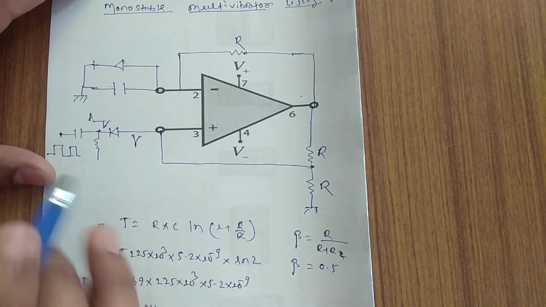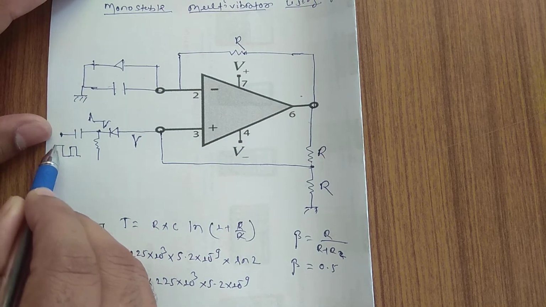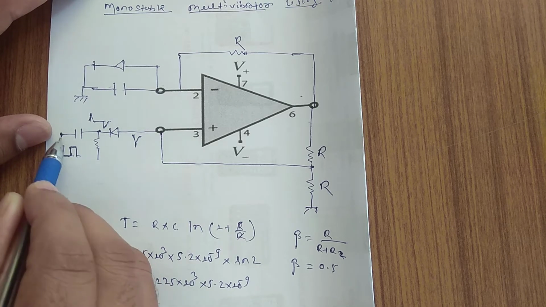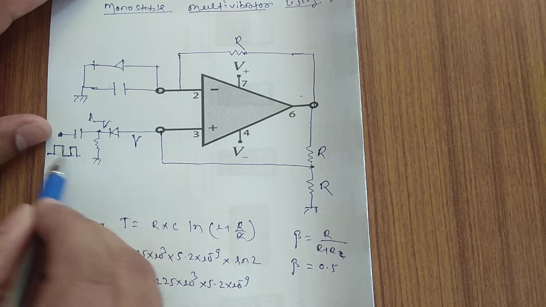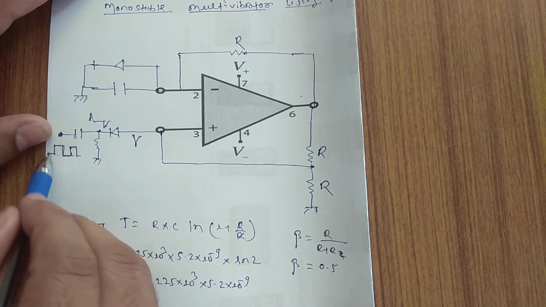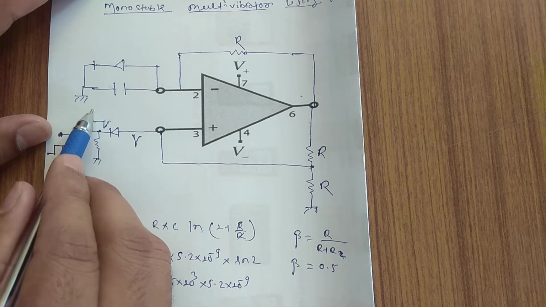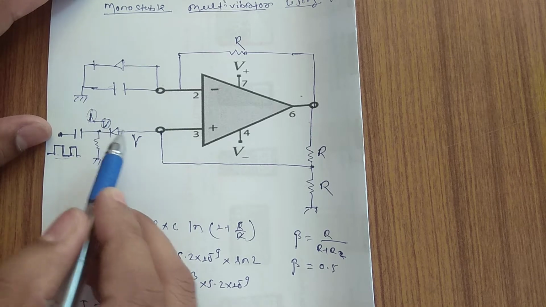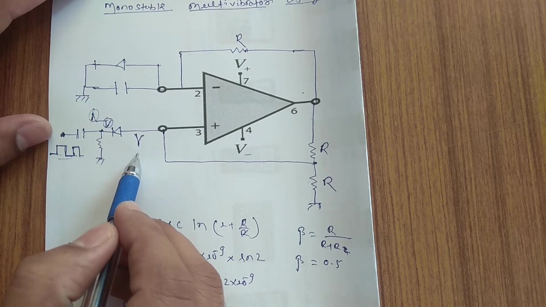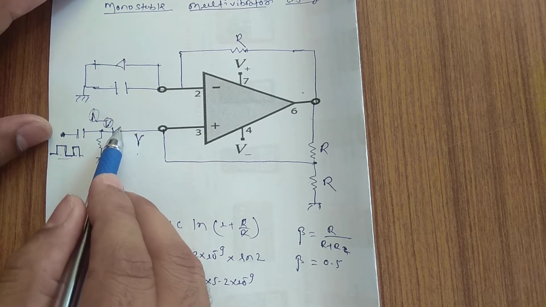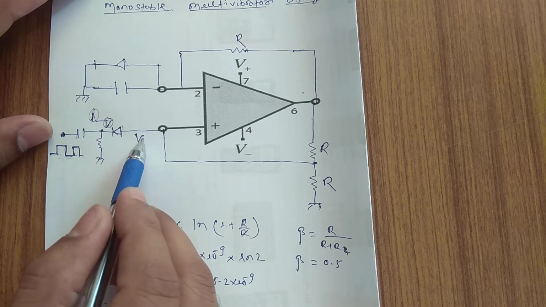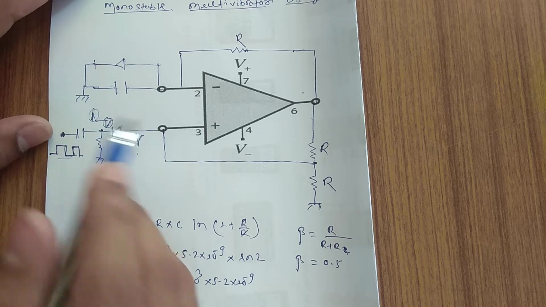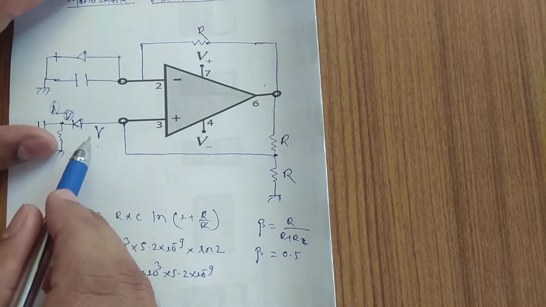Now the square pulse is applied at this terminal. This is your C and R. This will differentiate this curve. If you differentiate this curve, you are going to get a positive spike and a negative spike, but we need to give the negative voltage over here. For that I have connected a reverse diode which will allow the negative peak and restrict the positive peak. Now the negative peak has been applied over here.